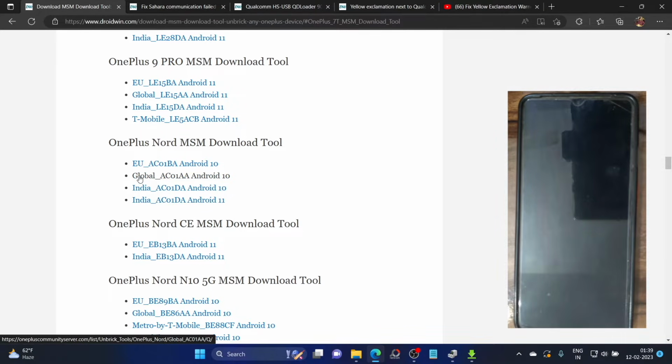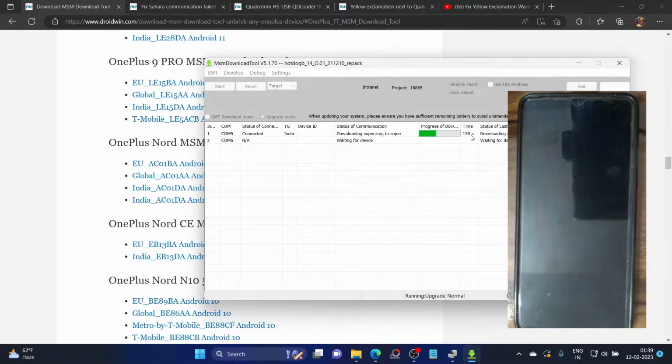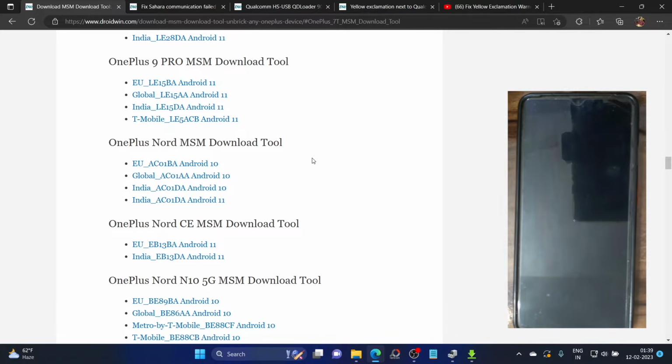But the problem with using some other region is that your modem might not work. I have seen this issue in some cases. If they flash some other region, in some cases that region's firmware might not be flashed, and MSM will straight away say that it cannot flash the OPS firmware of any other region. But if you are lucky enough and you could flash the firmware of any other region, then the modem might not work, and you have to then unlock the bootloader and flash the modem file of your firmware.